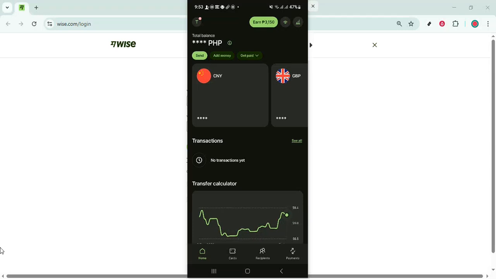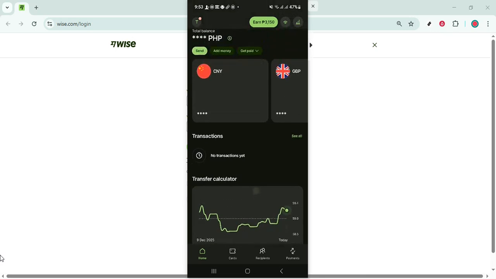In today's video, I'm going to teach you how to send money to Pakistan easily. We'll walk through the process inside the Wise mobile app, and I'll share a few tips to keep everything smooth and secure. Start by opening the Wise app on your phone. Make sure you're connected to the internet and that your app is up to date